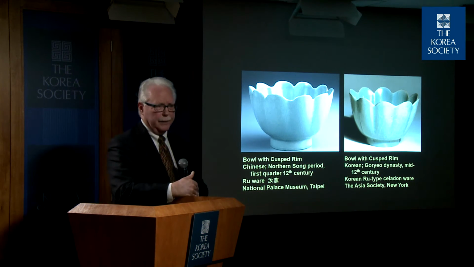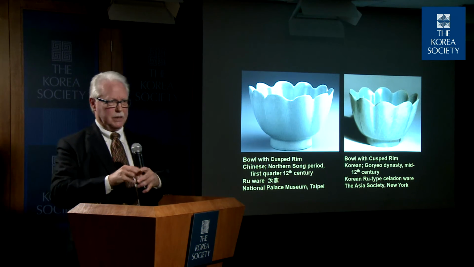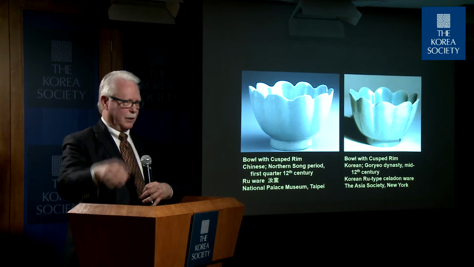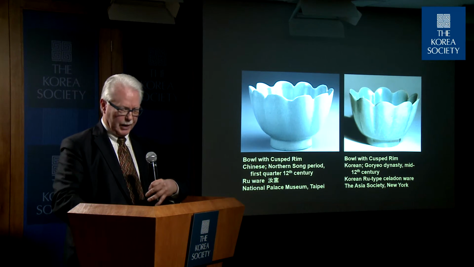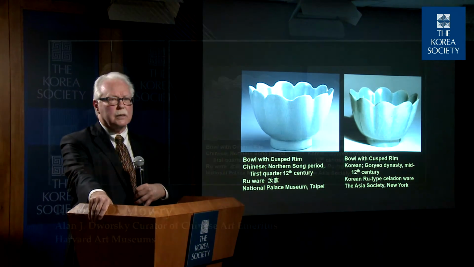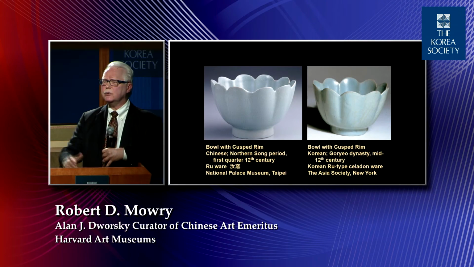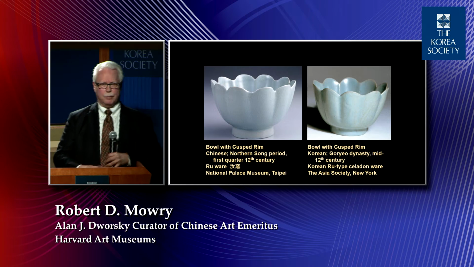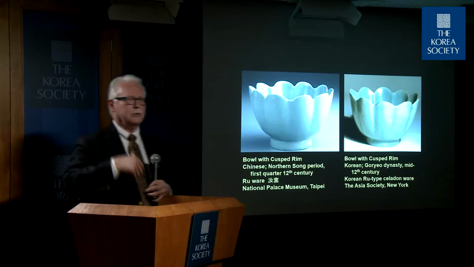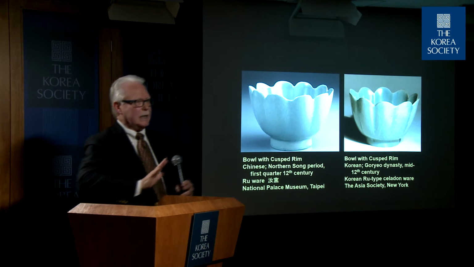1121, China sent an embassy to Korea. There were no resident embassies then. Without telephones and fax and internet, there was no way to have a resident ambassador. So they would send embassies when they needed them. Why did they send an embassy in 1121? The Chinese were begging everyone for help. The Chinese had been paying bribes, if you will. We call it tribute, but they had been paying tribute to the Jin Tartars to try to keep them at